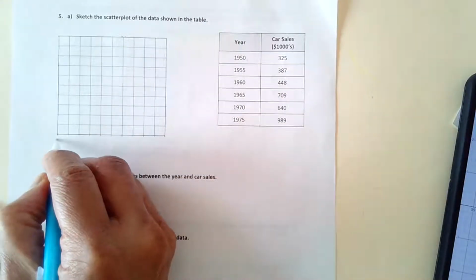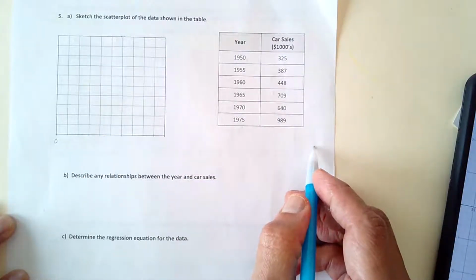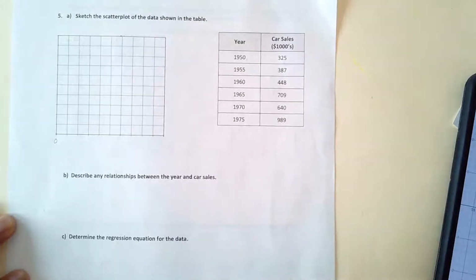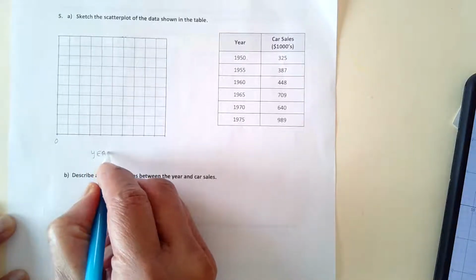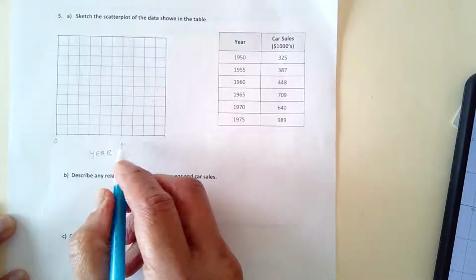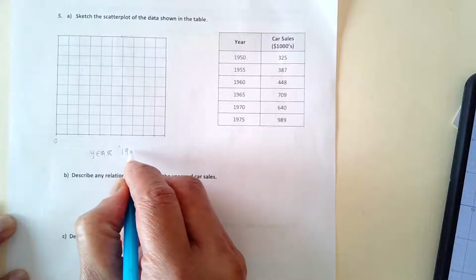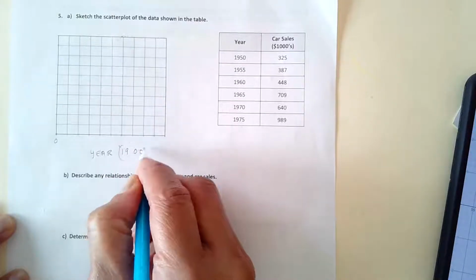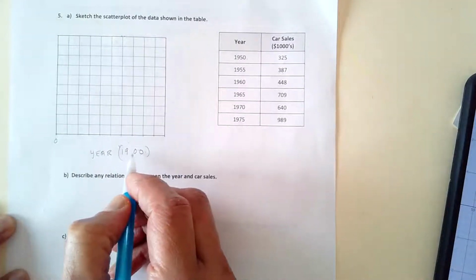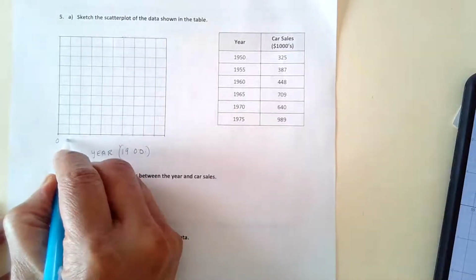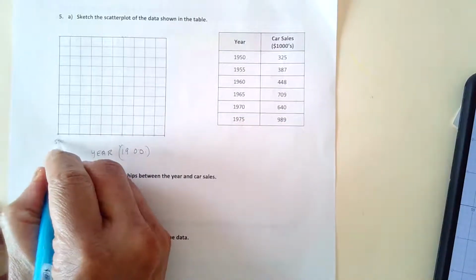So if this were to be 0 here, you would not have enough room on your scale to put this here. So you may have to truncate it, in other words, cut it off. And so in your x-axis here, this will be year. And you can make it from the year 1900, right? So 19 whatever, and say you have 00 here, from 1900. So we have 19, and let's start off. Instead of starting from 0 here, you may start from the year 1950,